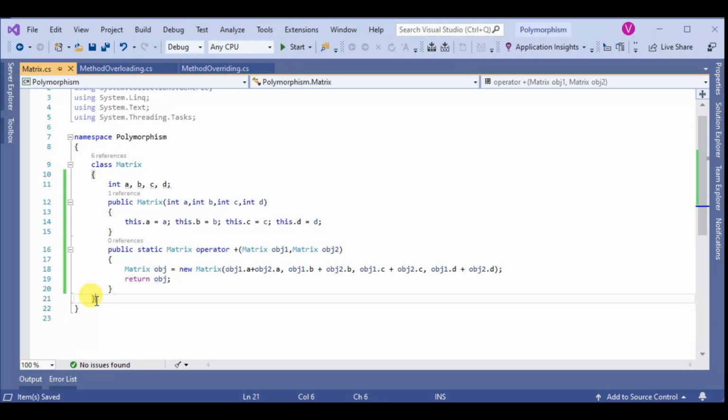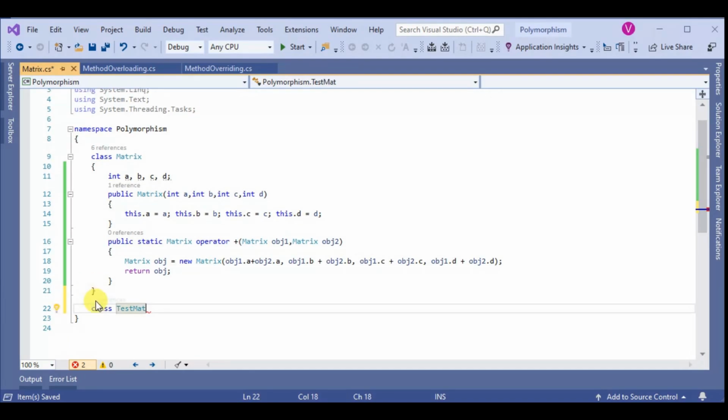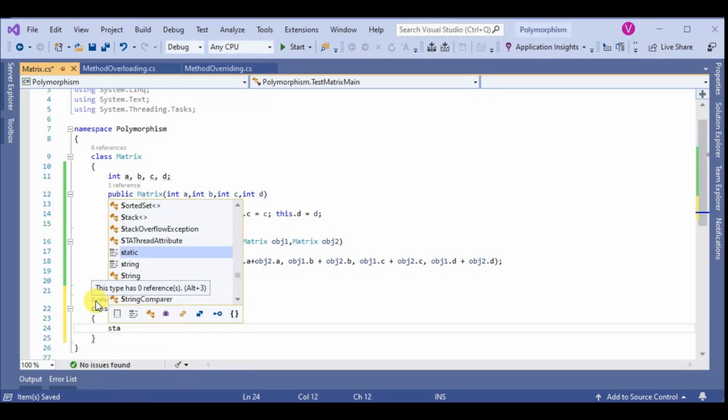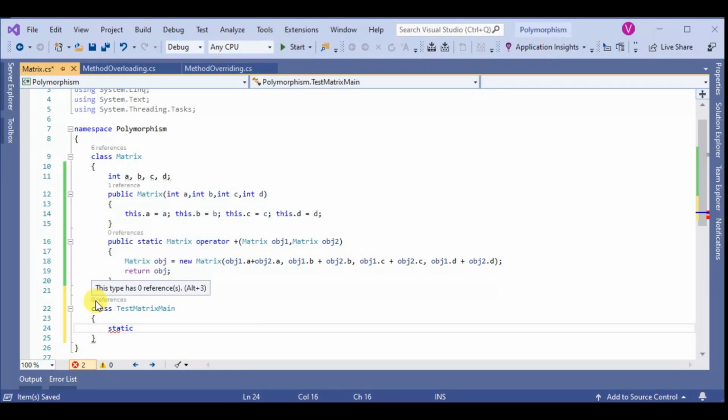Then a class TestMatrix with a main method: static void Main.